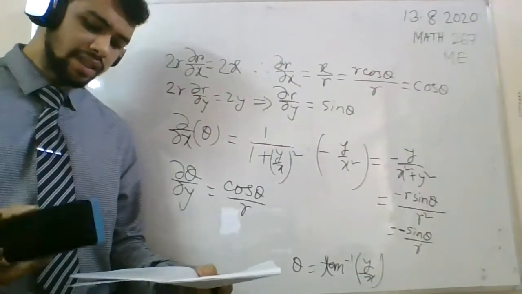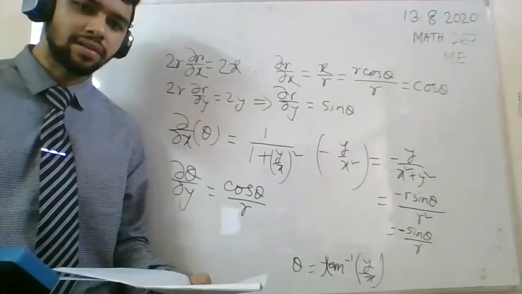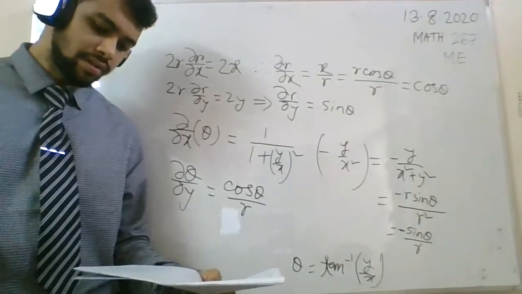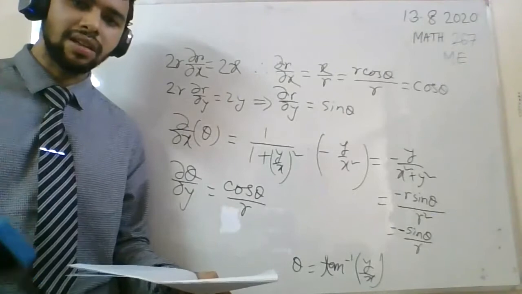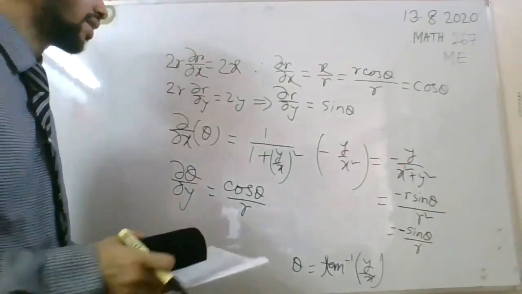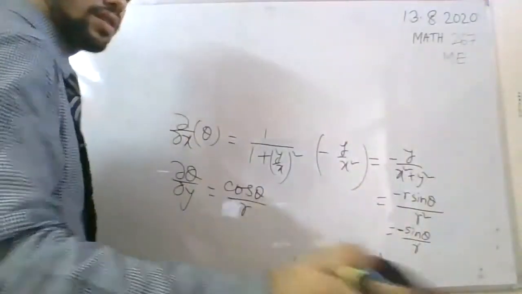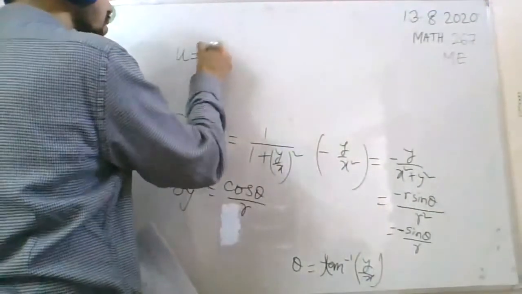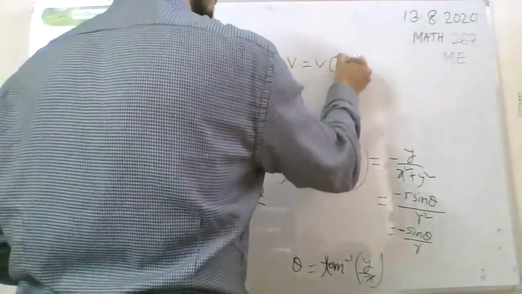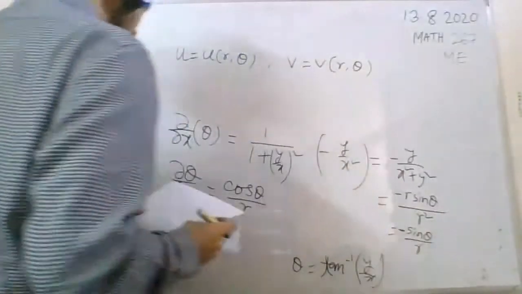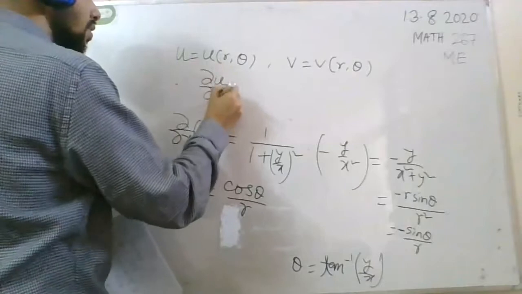So u and v are functions of x, y, and x, y are functions of r theta, so you can easily say that u, v are functions of r theta. Okay, so let u equal to u of r theta and v equal to v of r theta. Now if you partially differentiate u with respect to r,